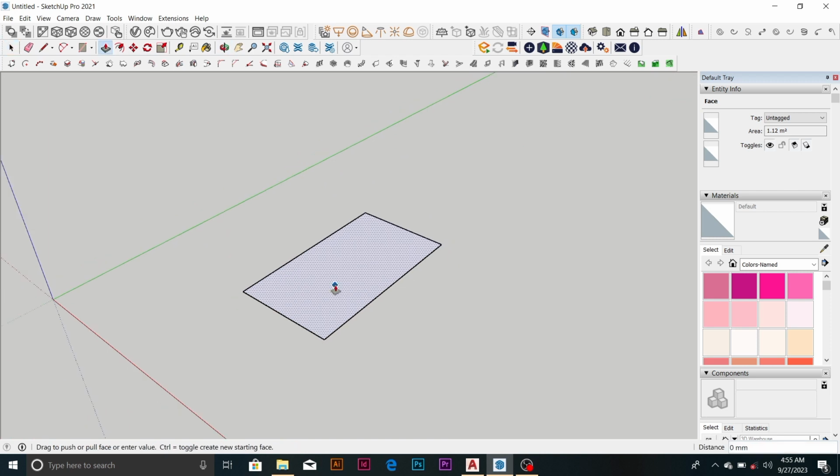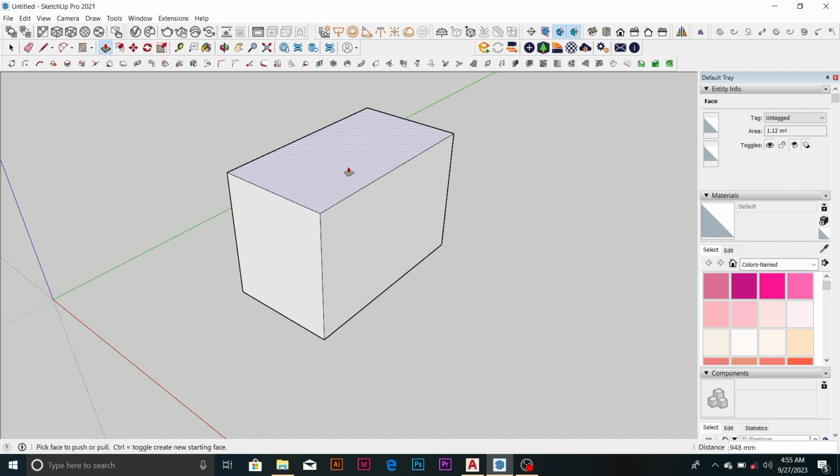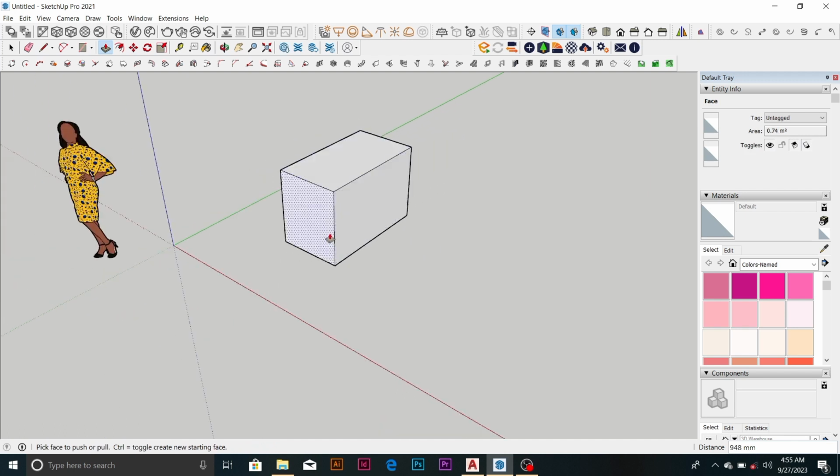So I draw, and to push it up, just press P, push pull tool. So maybe I draw something like this. I want to show you some common shortcuts used with push pull tool. Maybe I draw it like this. I want this place to come out. Normally it just comes out like this, but I want it to come out and use it to draw another